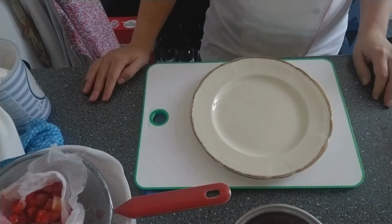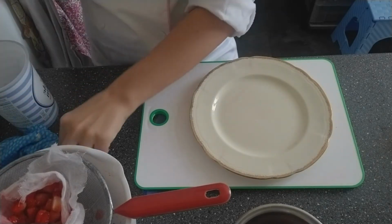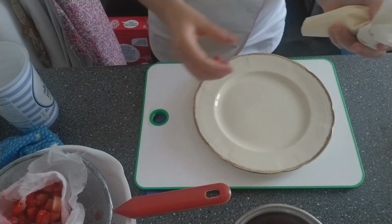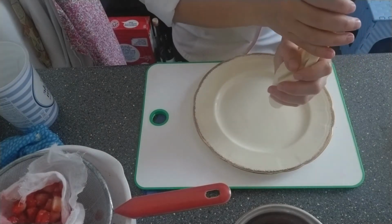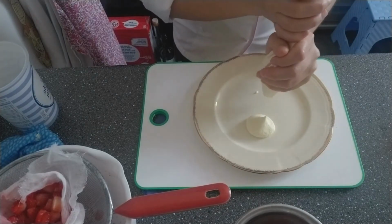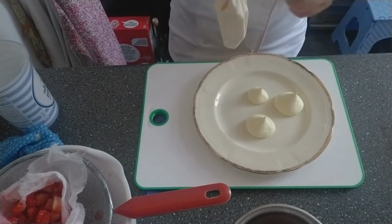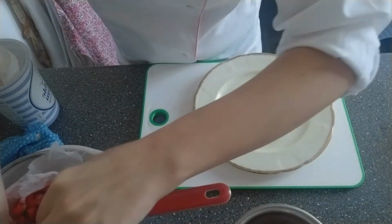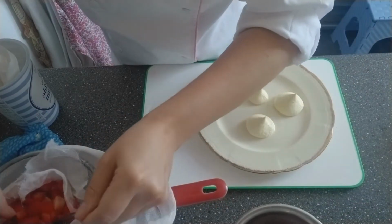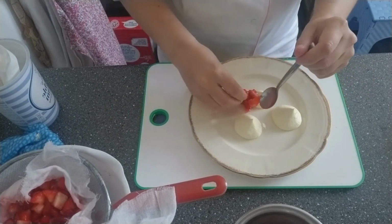So I have 2 white plates, but I thought it might be nicer to get a bit of a dressed up plate if you were not having lunch and you were having dinner. So these ones we've cut into small bits, so you might think of how to present it a bit more differently. 3 different size blobs. And then we're going to go